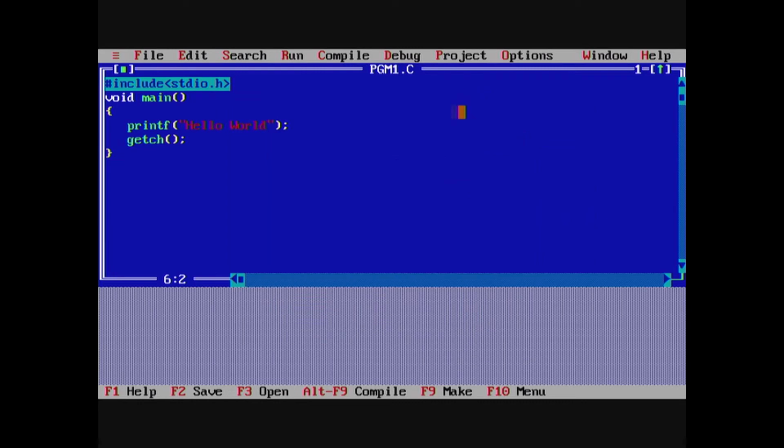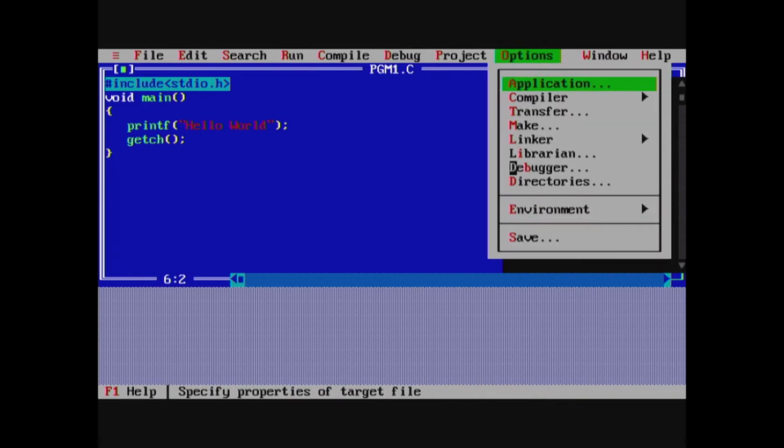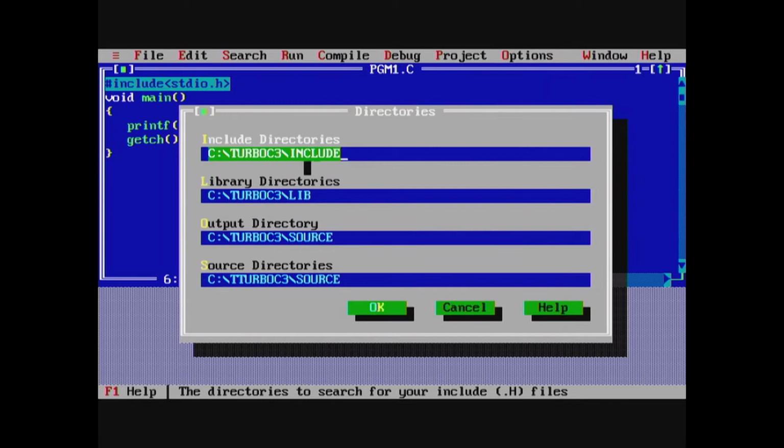Now, you click on options and go to directories. Click on directories and set the output directory as you want and the source directory as where you have saved the C program file.